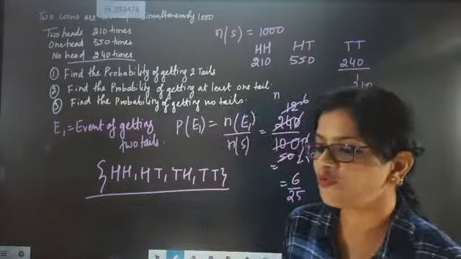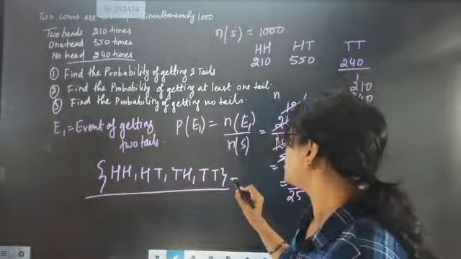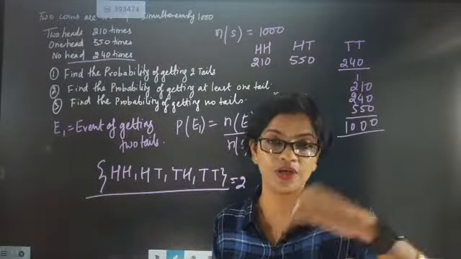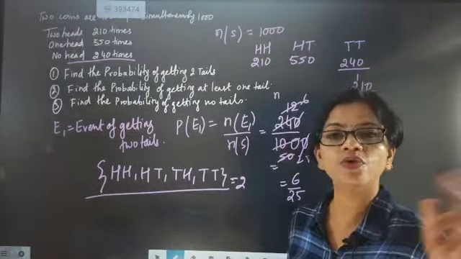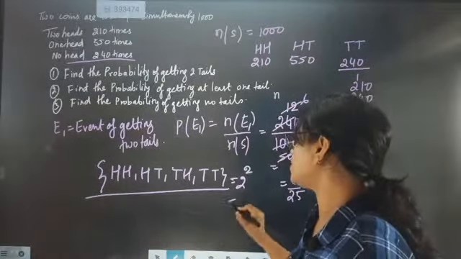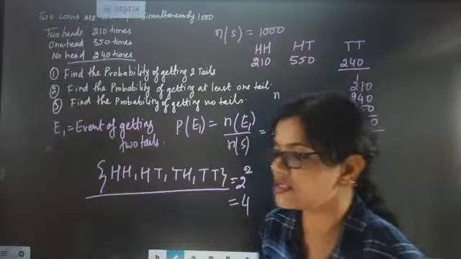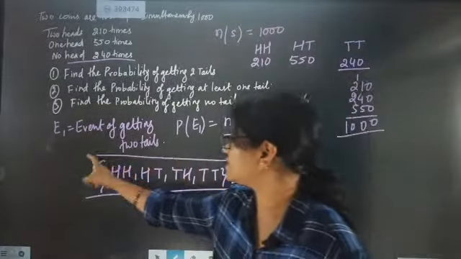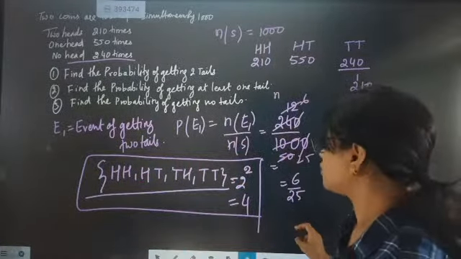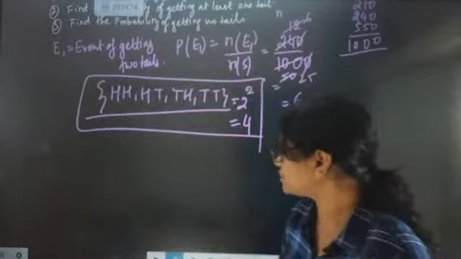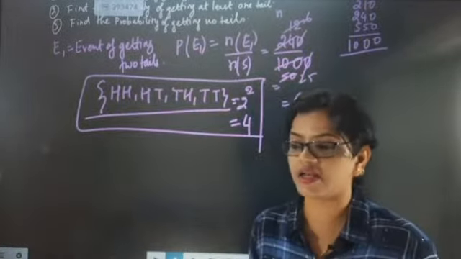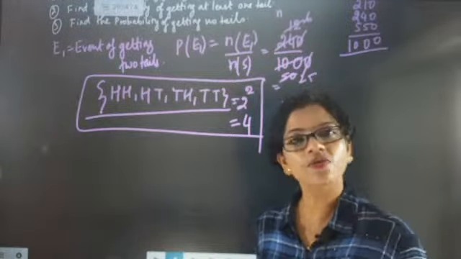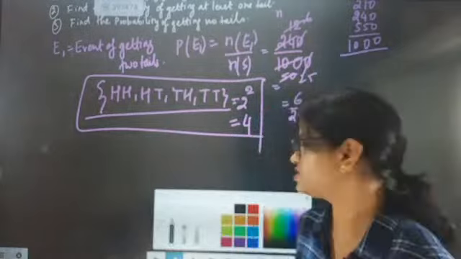Now these 4 possibilities are taken as 2 to the power. How many times are you throwing the coin? You are throwing the coin 2 times. So the total possibilities, or total sample space, coming here is 4. Now in the same way, if three coins are tossed together, it will come as 8 possibilities.